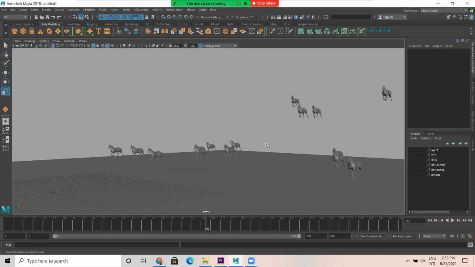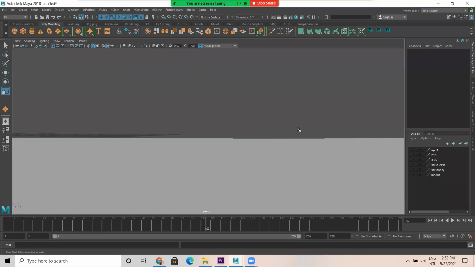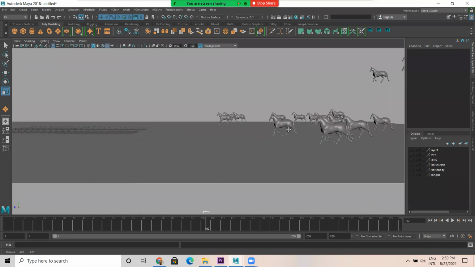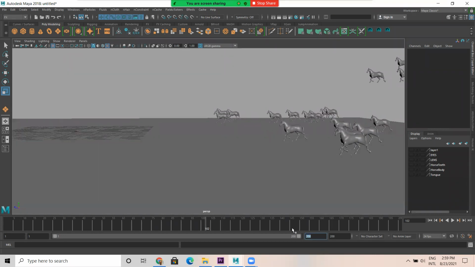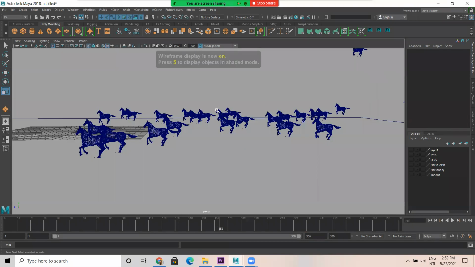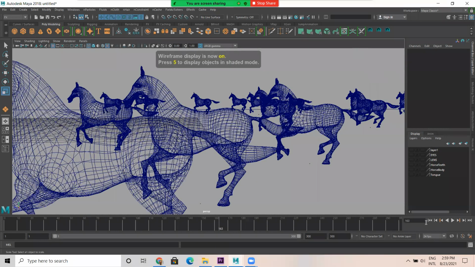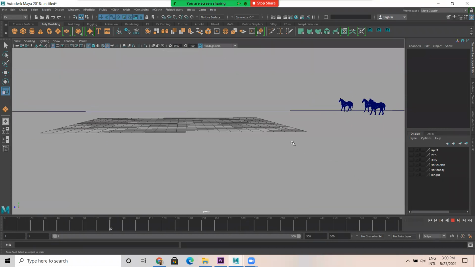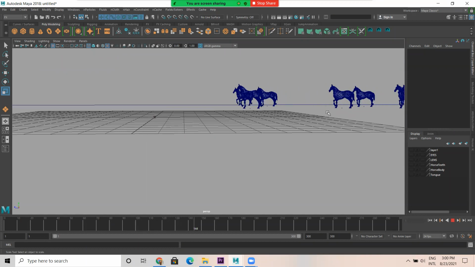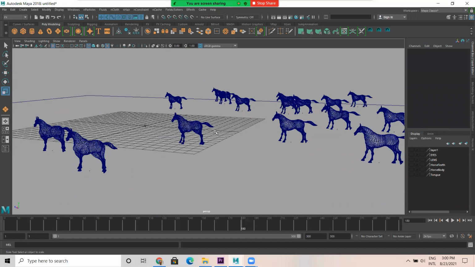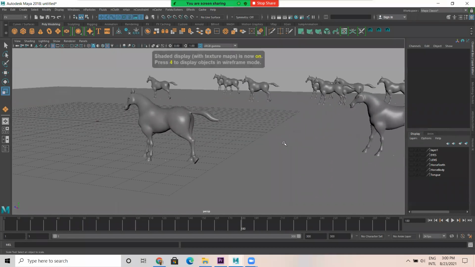So all the horses are running. See? This is how you create crowd simulation.